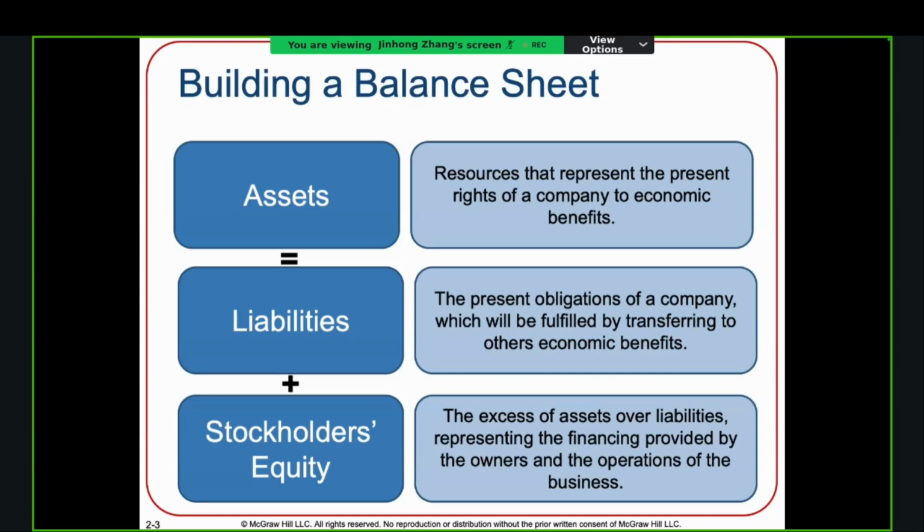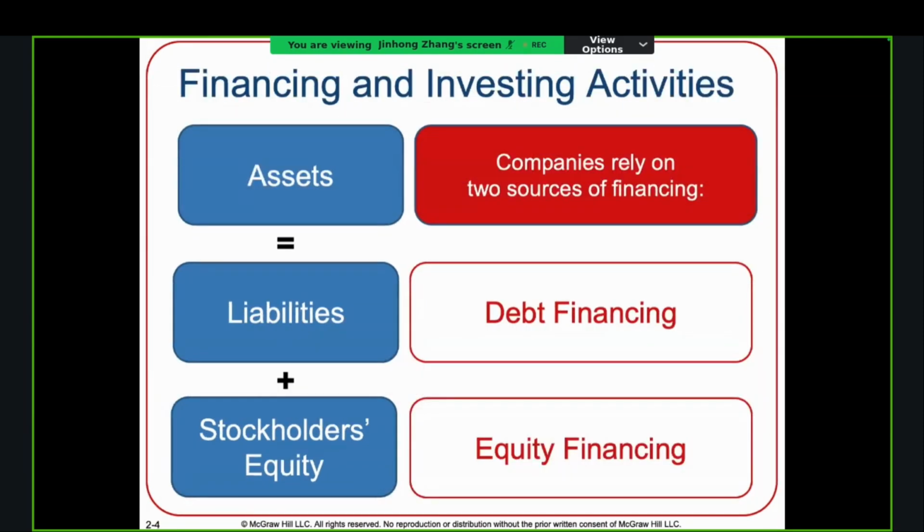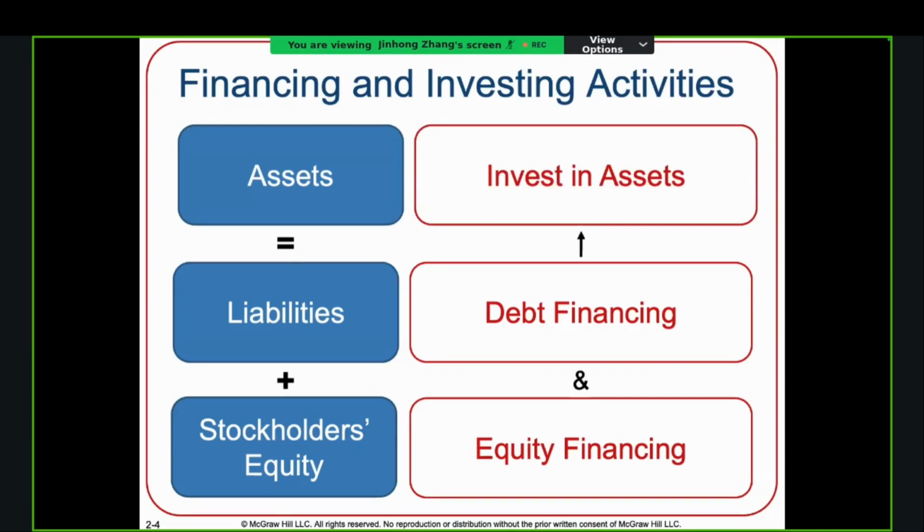Stockholders' equity is the excess of assets over liabilities, representing the financing provided by the owners in the operations of the business. Take the money you put in by yourself and your partners. So assets equal liabilities plus stockholders' equity. Companies rely on two sources of financing, debt financing and equity financing. Liability is basically debt financing. Equity financing is basically called stockholders' equity. And assets, you get the money and you invest in assets. Assets are the equipment, tools that will help you